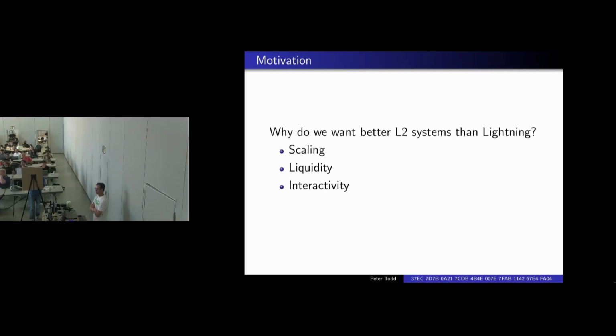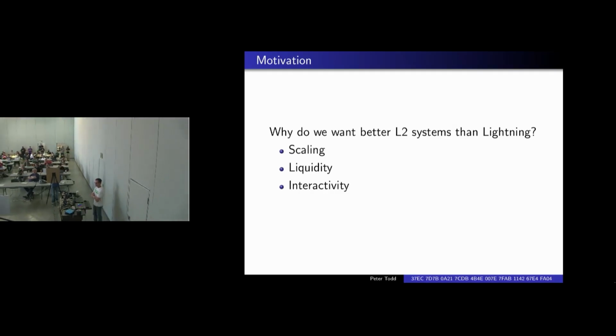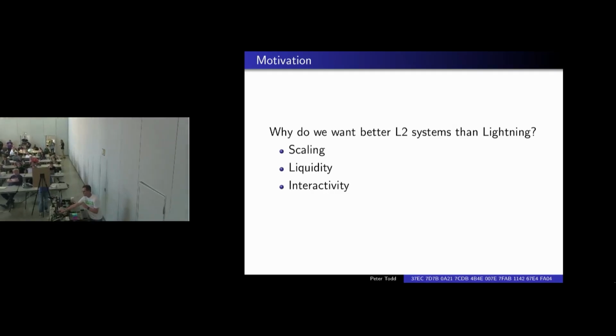So if we can share UTXOs between multiple parties, then we can do a lot better. The other thing you get is issues around liquidity. And I wish I remembered his name now, but anyway, there's recently a paper out on liquidity in Lightning networks and what payments are actually